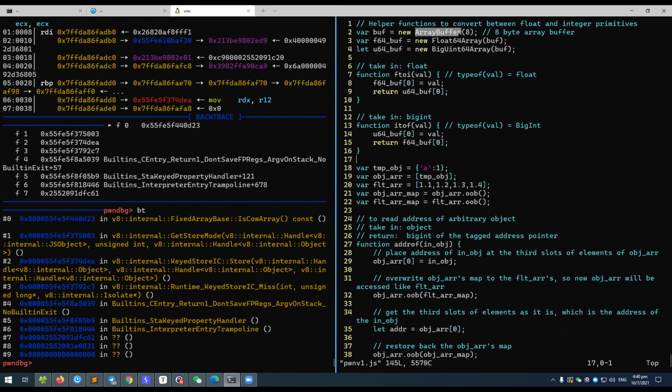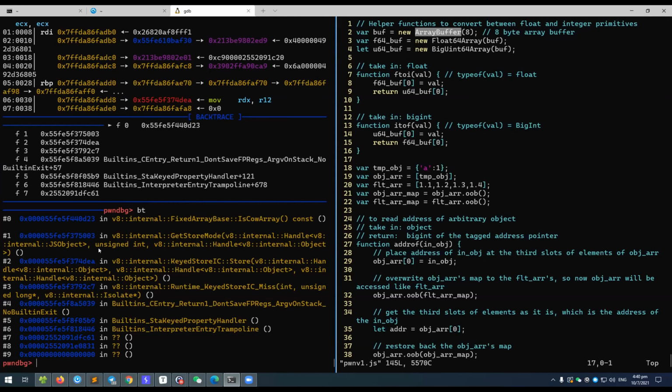We write the contents into this array buffer using one typed array and use the other typed array to read the contents out. So this array buffer contains an address,